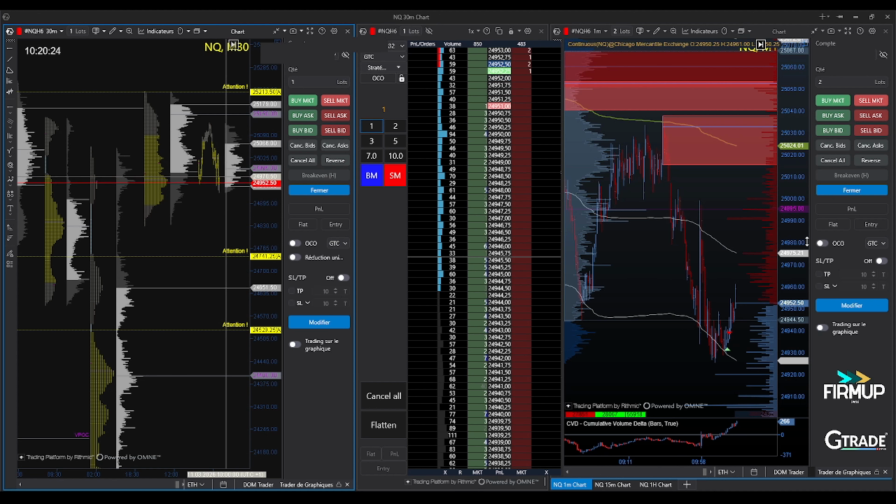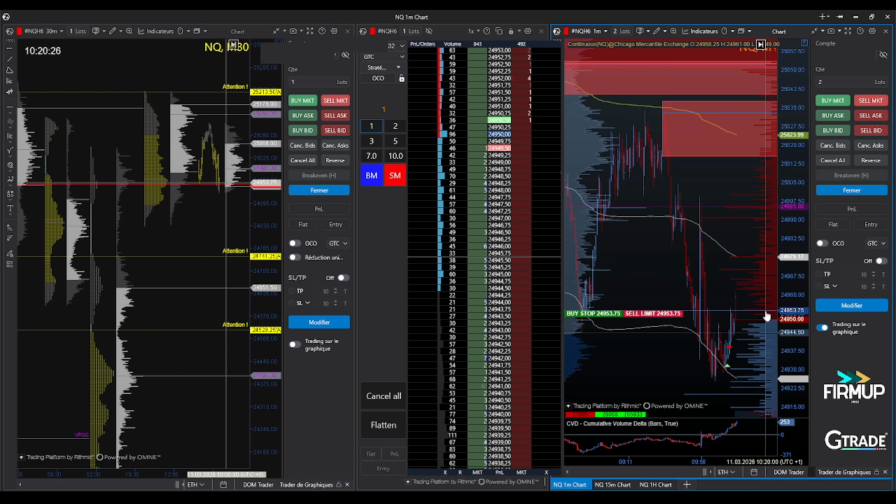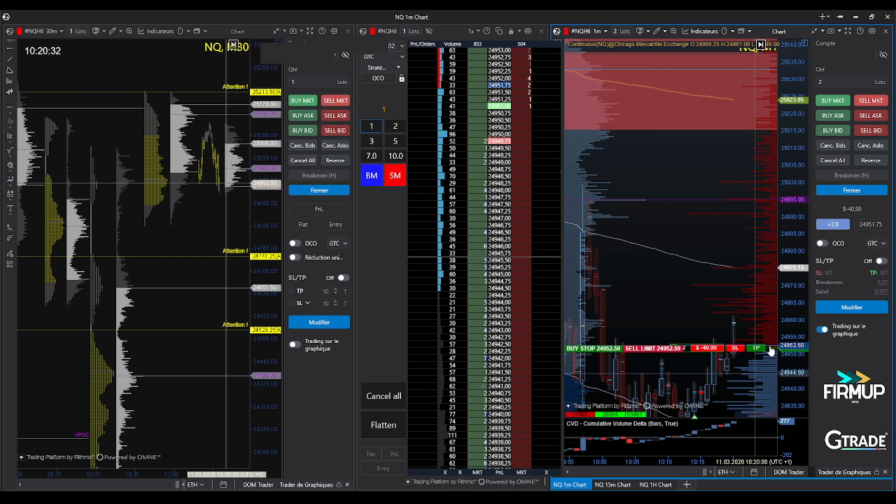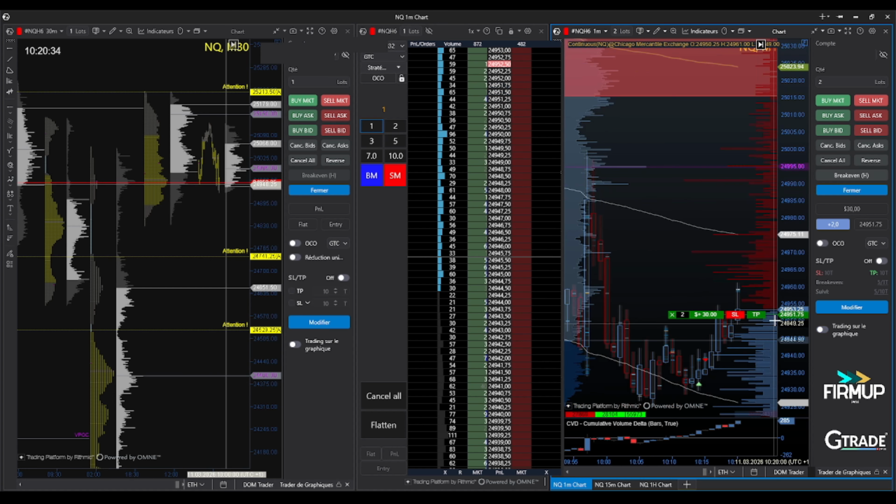I take a trade on the futures market, specifically on the mini Nasdaq, going long with 2 contracts after identifying a key price level based on the volume activity visible on my heat map integrated directly into the candlesticks. This area clearly highlights a concentration of liquidity, which means a significant number of orders have previously been executed around